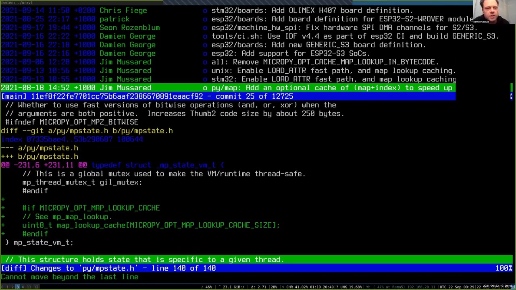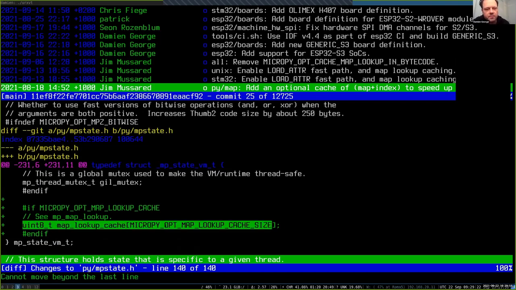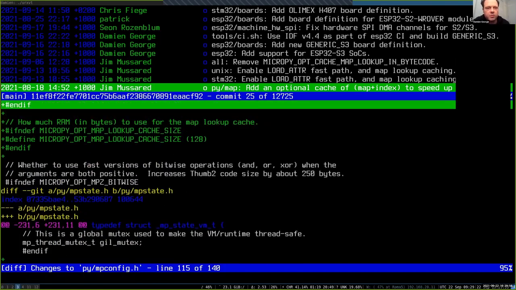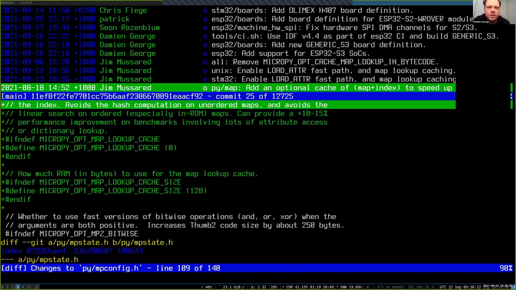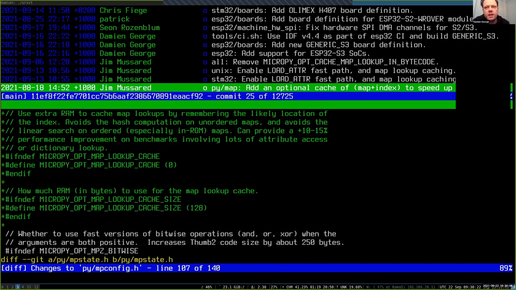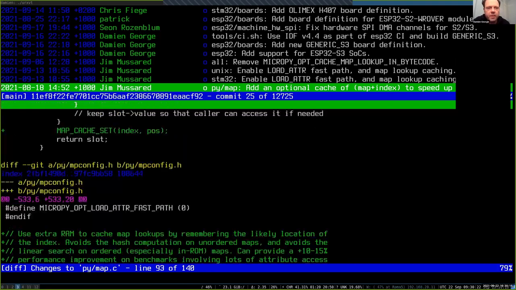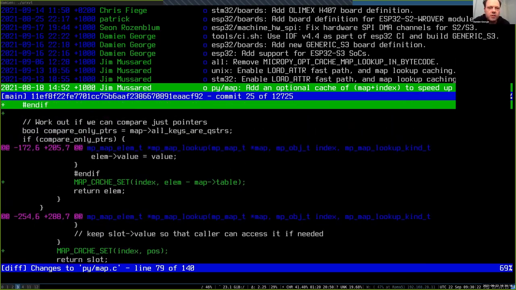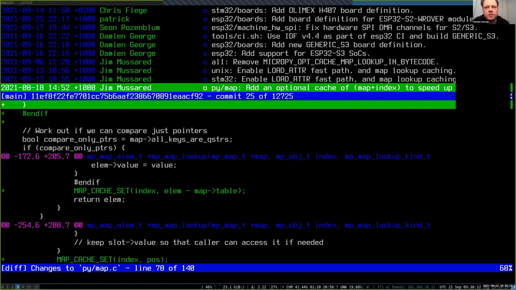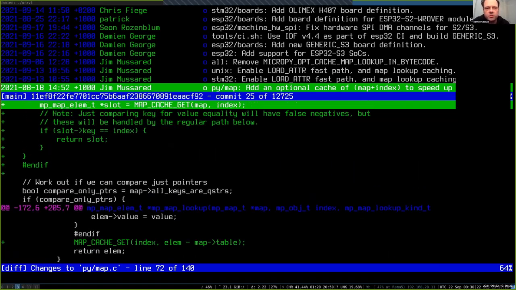And so here's the actual cache. It's just an array of bytes. So you can adjust that per board if you want. And there's a whole bunch of performance tweaks you can use to measure the optimization, but it can be tough. It really does depend heavily on the architecture, like RISC-V or Xtensa or ARM. And even on ARM, it depends if it's a Cortex M0 or M4 or M7. So fine tuning it is quite hard, but in general, the options we've chosen as the defaults